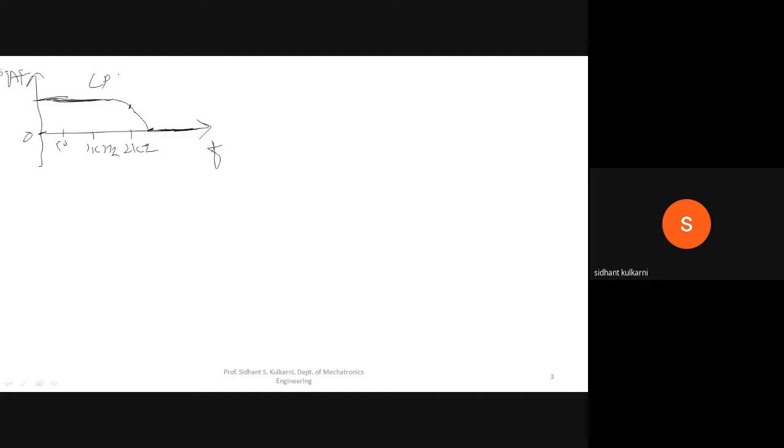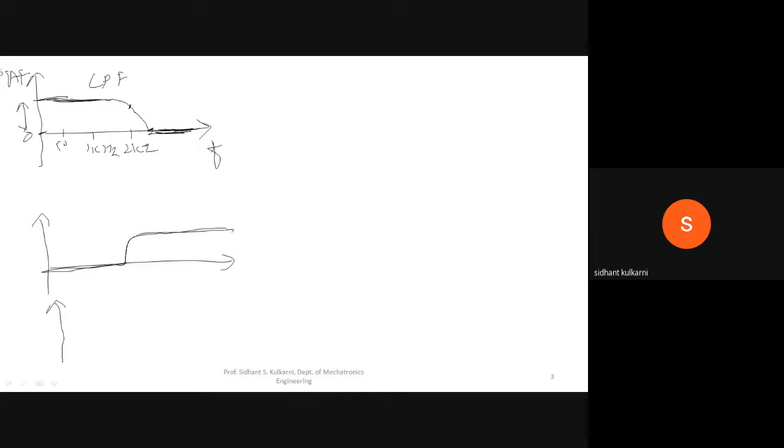This graph is equivalent to the low pass filter graph. Low frequency components are passed. Passed means the gain provided to the low frequency components is very high as compared to the high frequency components, so high frequency components are rejected and low frequency components are passed. Similarly, if I want to draw the graph of a high pass filter, high frequency components are passed and low frequency components are 0. So it will start something like this, with low frequency components at 0 and high frequency components passed.